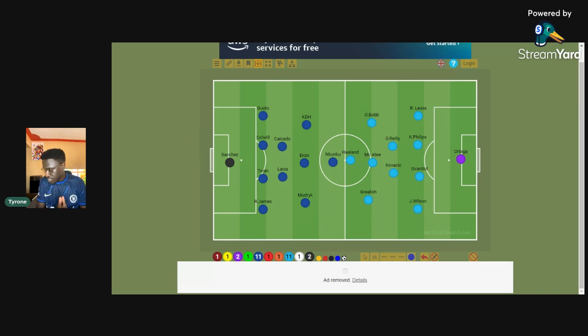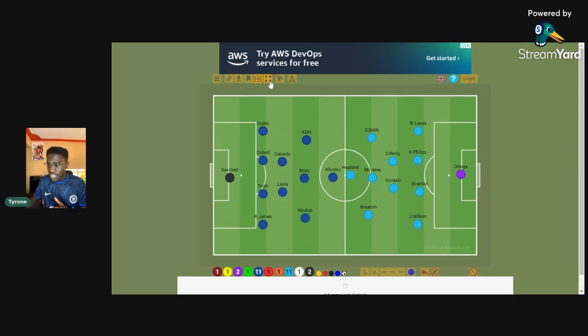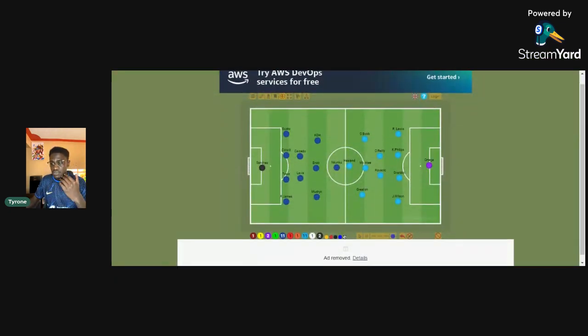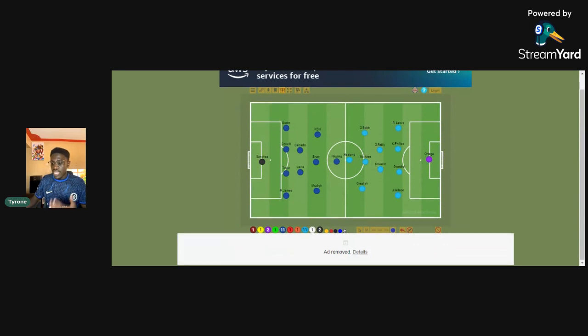And I want to first talk about the initial parts of the game. In the initial parts of the game, Chelsea actually managed to concede 2 goals inside the first 4 minutes. This was because Erling Haaland was quite deadly and potent in front of goal, and this further indicates how Chelsea are struggling defensively. And I'm going to explain why.